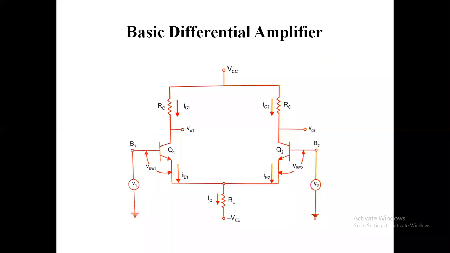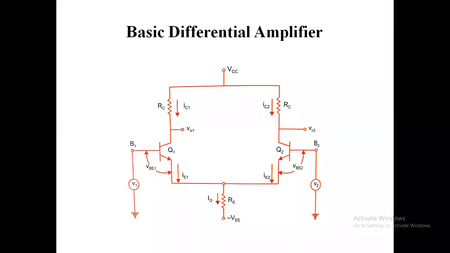If we observe the circuit diagram, this is an emitter coupled differential amplifier. It has very low drift. We constructed an amplifier with very low drift, and this is a symmetrical construction. Two transistors are placed in such a manner that it looks symmetrical, and it is designed to have high input resistance. One of the most important points of a differential amplifier is that it should have high input resistance.